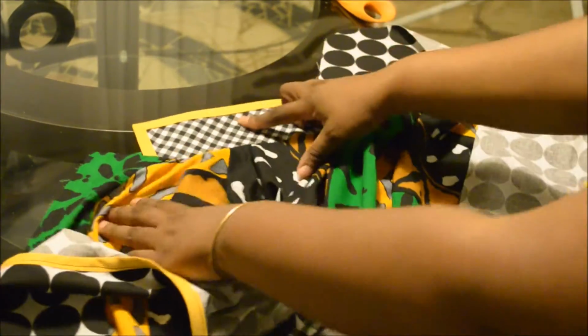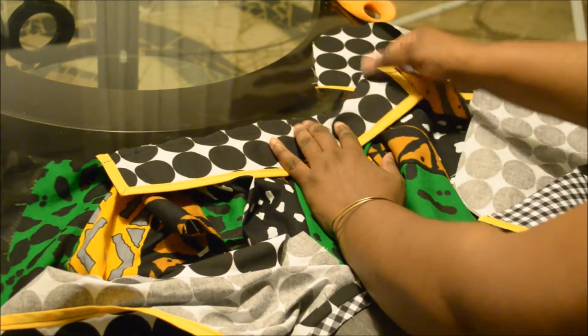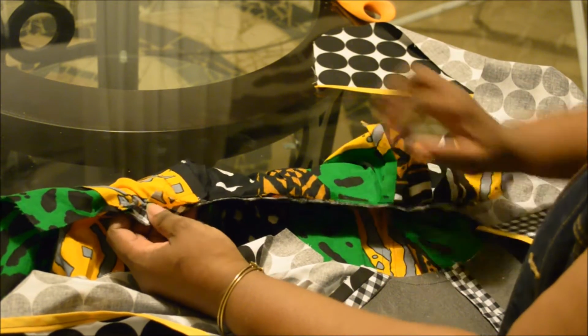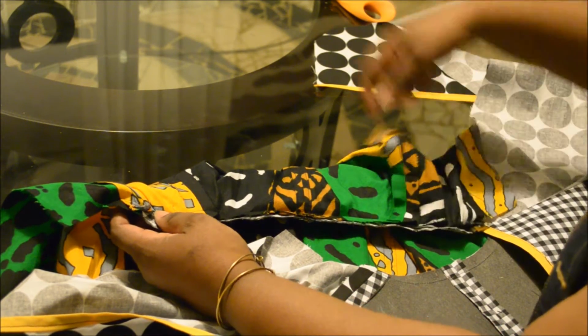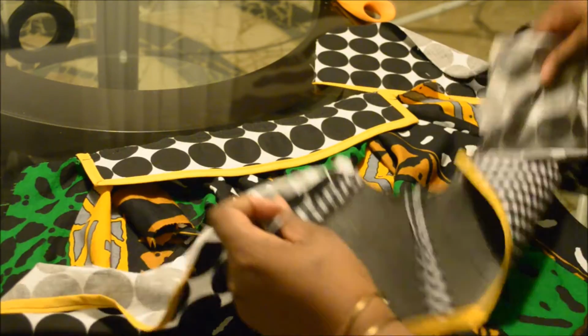Okay, so we have our jacket. And we're going to go through the same thing we went through when we sewed this one. As far as the bunchiness, we have to make sure we don't catch it, and now we have to make sure we don't catch it on this side and the other side. So we're going to be careful. Alright, but what we need to do is